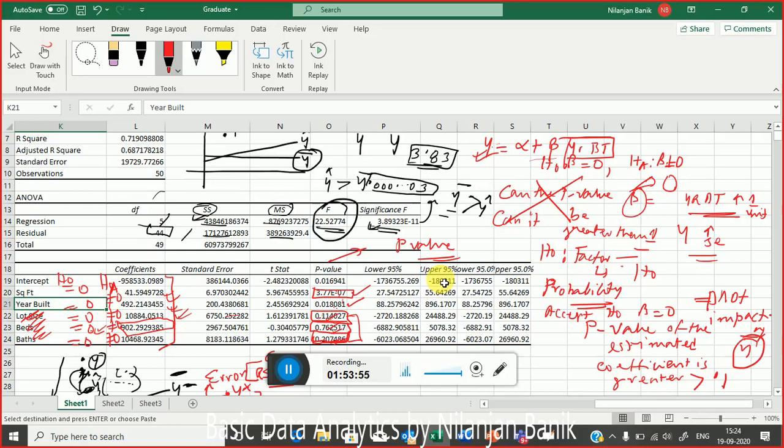You are writing a report for some KPMG type firm. So you ran the regression like this and you are saying that these factors are not significant. So all you can say is that at the 10% level of significance, because this one is greater than 0.1. Why 0.1? Because you are saying that